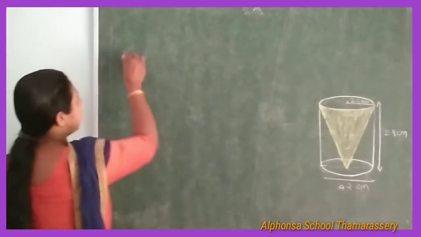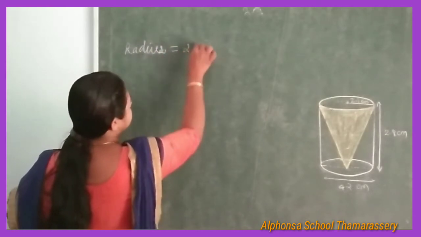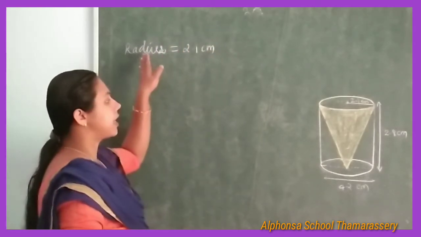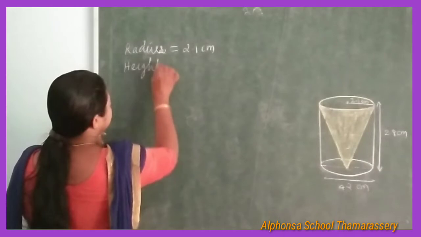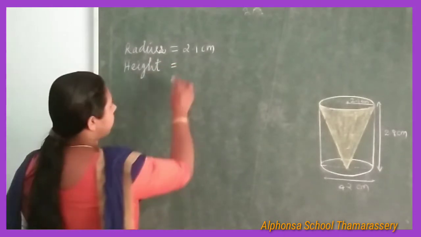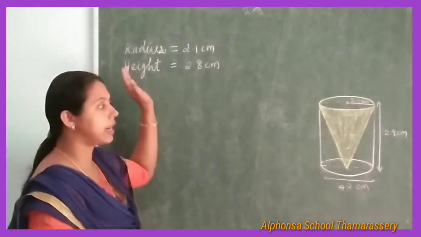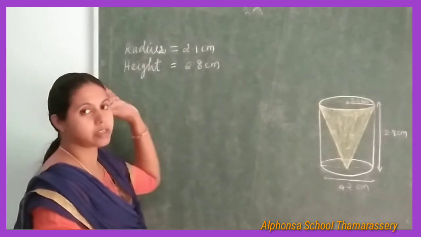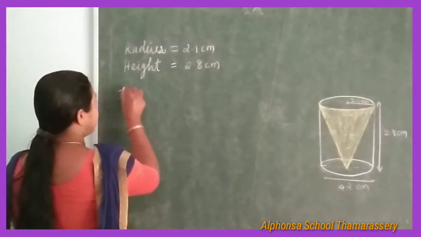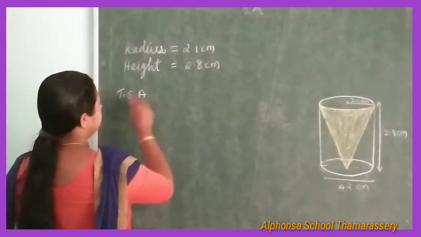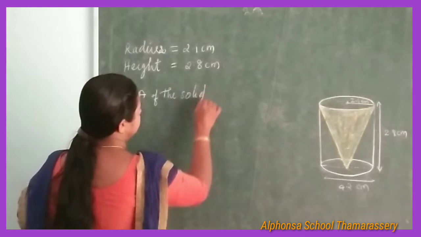So first of all, you can write the radius is given for you. Radius is equal to 2.1 centimeter. The radius of cylinder and radius of cone both are same. Then height of the solid. Height of the cylinder is same as the height of the solid, so that is equal to 2.8 centimeter. Or you can write each one separately: radius of cylinder, height of cylinder, radius of cone, height of cone. Everything you can write separately. Now we want to find the total surface area of the solid. Total surface area of the remaining solid is equal to